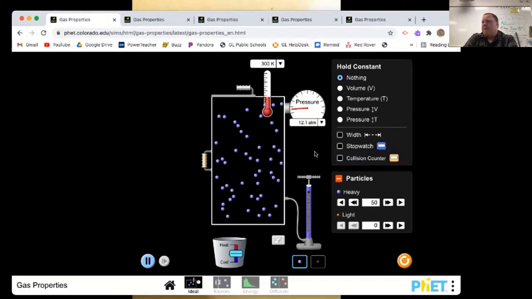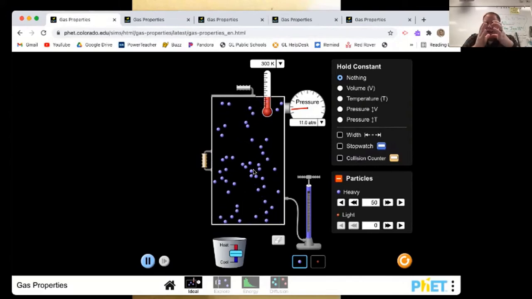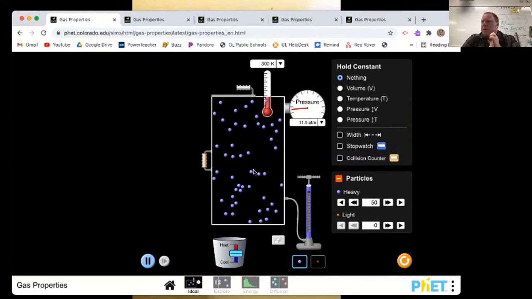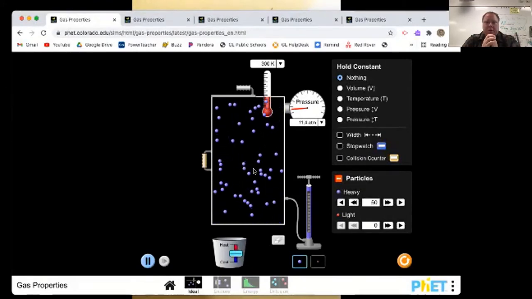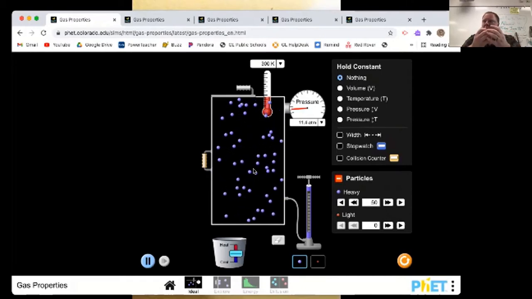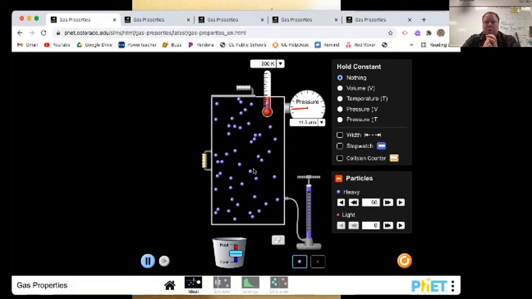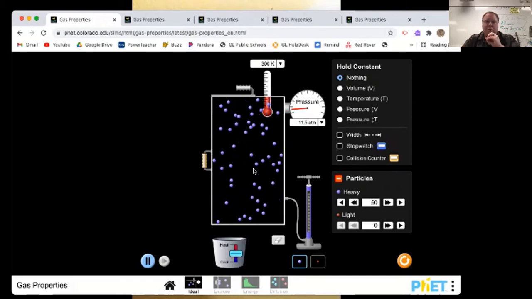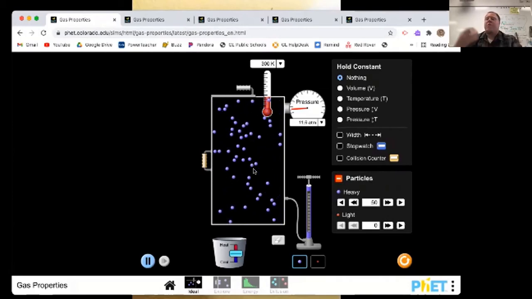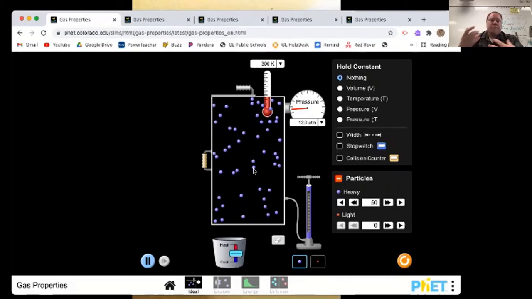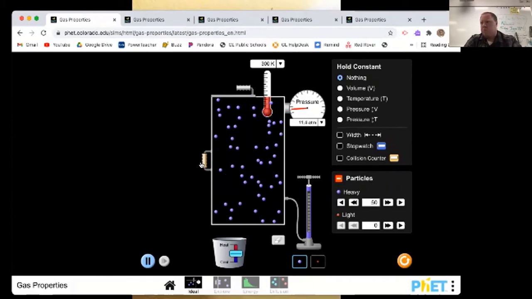And you guys are right. If I compress it, it makes the pressure go up. Why does compressing it and making it smaller like that make the pressure go up? Think about what pressure is. It's particles colliding. There's less space to move around, but why would that increase the pressure? There we go. So less room means that they're going to actually hit the walls more. If you make them closer, then they're going to run into the walls more often, more pressure. They're going to push on it harder, just because they're running into it more because there's less room to move around.